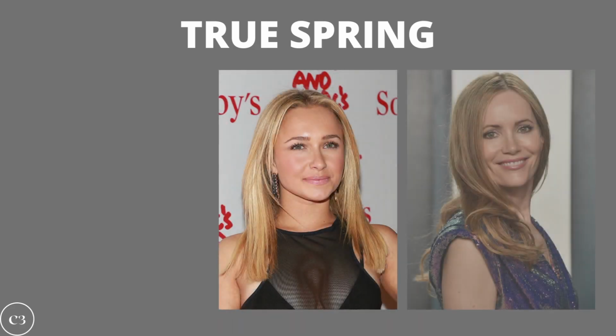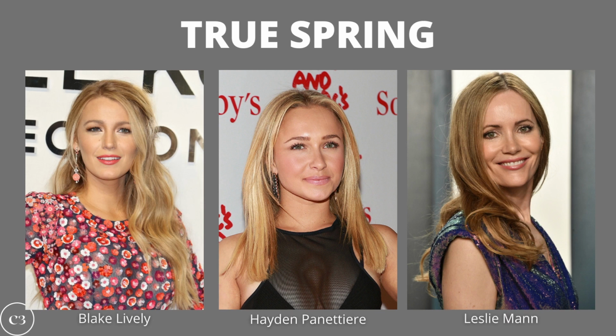The next subcategory of the color season is going to be the true spring. Some very well-known celebrities who happen to be a true spring are Hayden Panettiere, Leslie Mann, and Blake Lively. And from these pictures, you can definitely see that all three of these women have a certain glow and radiance